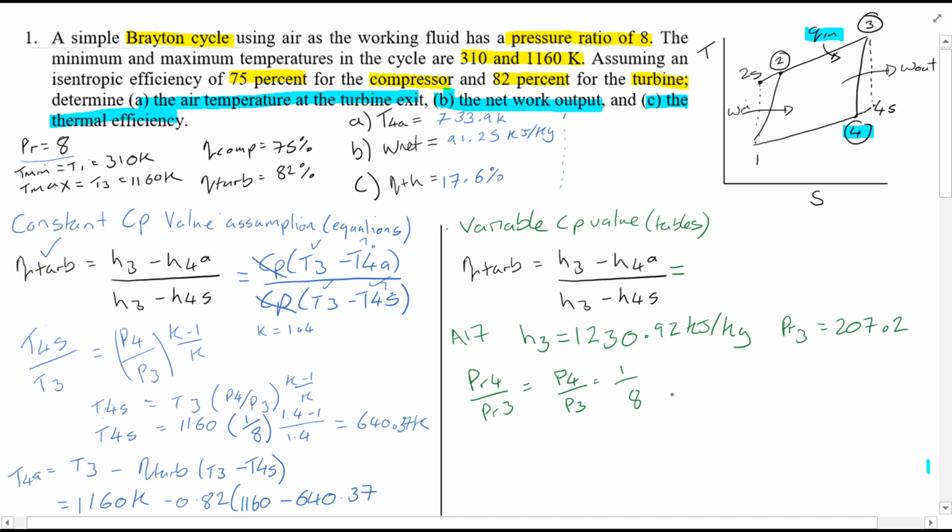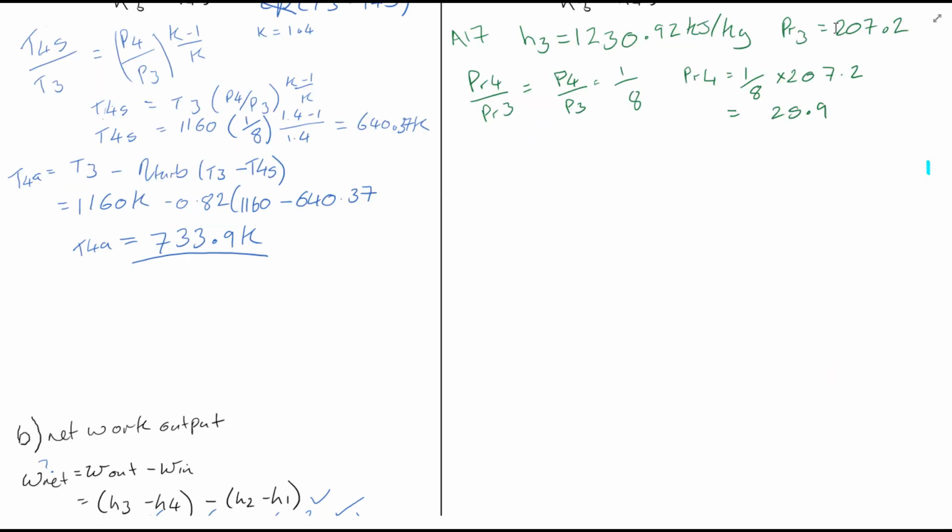Again, refer to the PV diagrams to get your head around this. It's very straightforward once you look at that diagram. PR4 is equal to 1 over 8 times 207.2, which is equal to 25.9. Okay, so looking up the pressure value PR4, 25.9, in the property tables A17, you'll see that